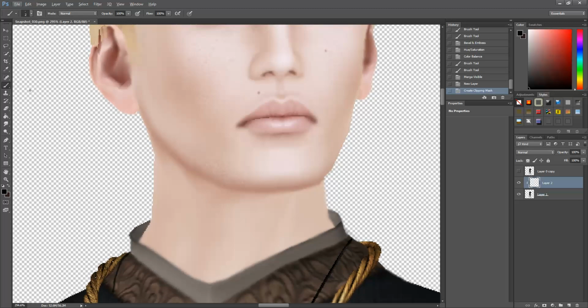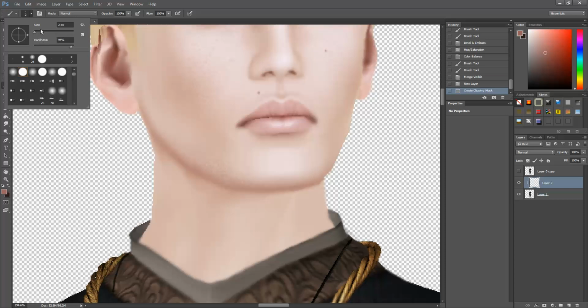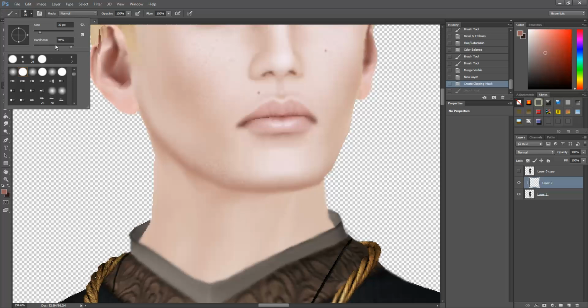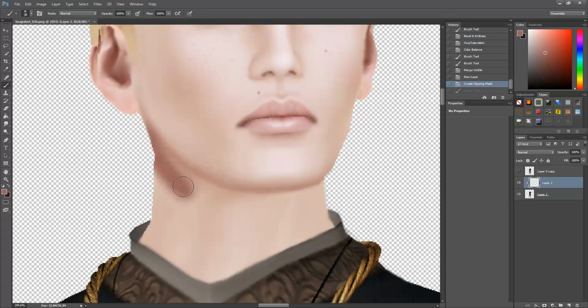Okay, so select a color off the avatar. The less saturation on skin, the better. And then, I need a softer brush. Go with a softer brush. You don't need to change anything in regards to